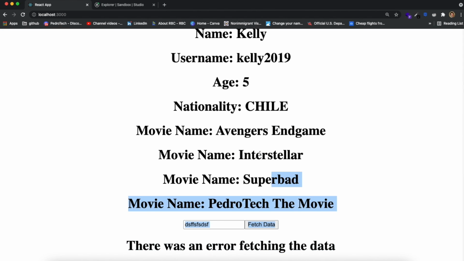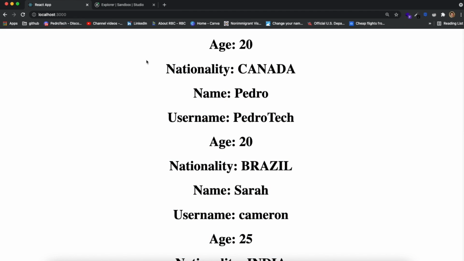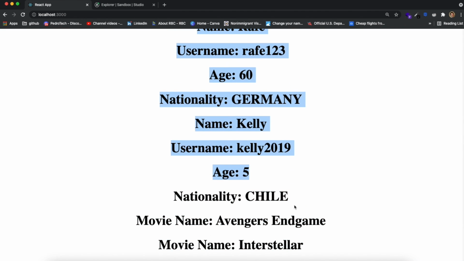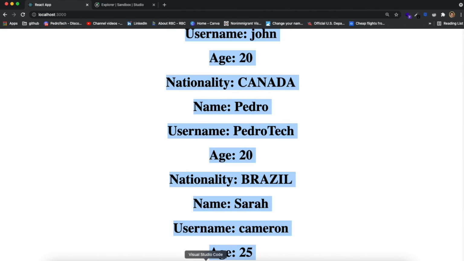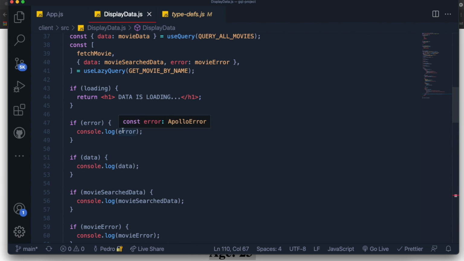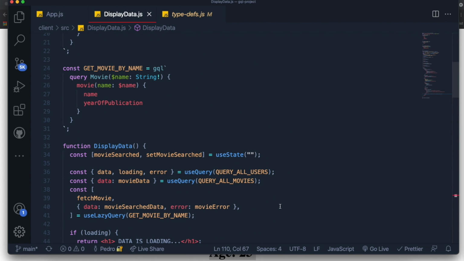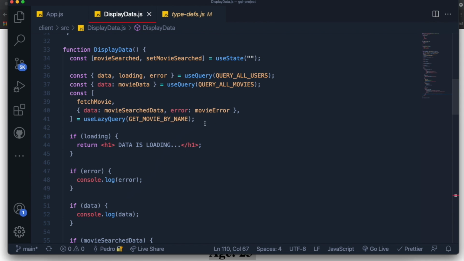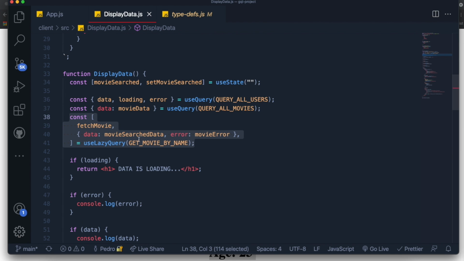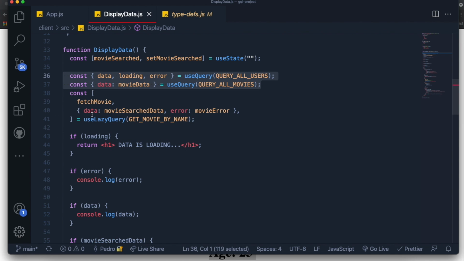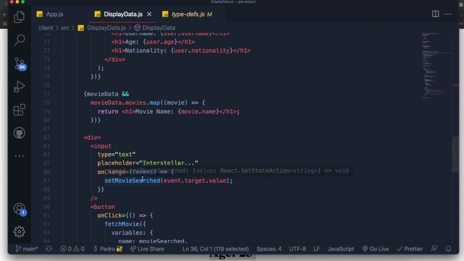So now we have our beautiful app over here, which honestly, looking right now, kind of seems confusing, but we're able to query data from lists. We're able to fetch data from one single user using variables when we're querying data. And that's amazing. By the way, if you were to use variables like we used here for the useLazyQuery, but you want to do it for the useQuery, for example, instead of passing this data inside of the function like we did over here,